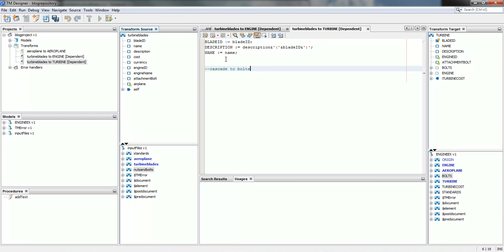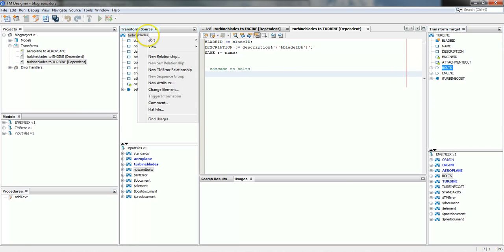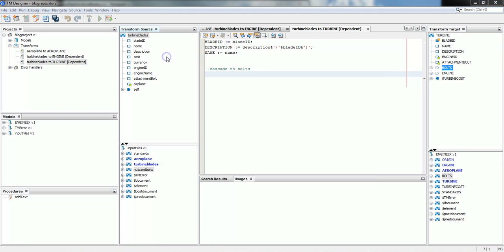And if we cascade down to the bolts, and for this one we actually do need to go down on both sides. So you can see we have the bolts there. On the turbine blade we don't currently have a relationship, so that's something we need to create. And to do that we can right click, we can add another new relationship,